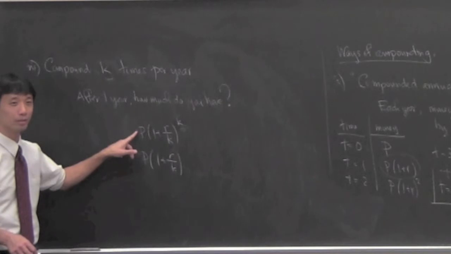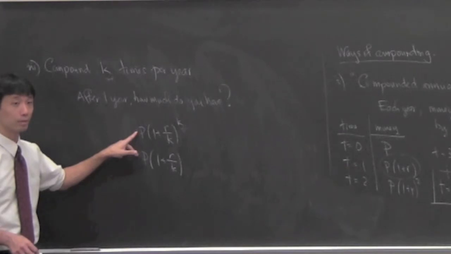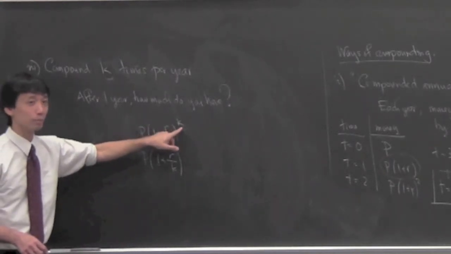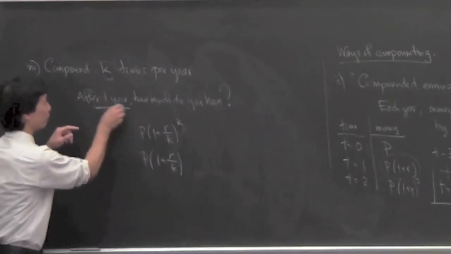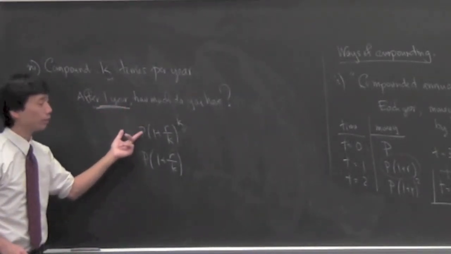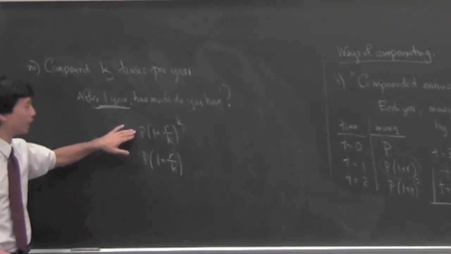Carolyn, wouldn't the first case, p times 1 plus r over k to the k, be negating it? Because if it's the same time, it should be k times 1, the increase in 1 year, but it would be like 2k, 3k, because it's compounding however many times, it's not compounding k times total. But you just said k times 1, which is k. Are you okay with the k up here? Yes, but only after 1 year. After 1 year, yes, it would be k, but after 2 years it would be 2k. Right. Okay, so this is the right one.